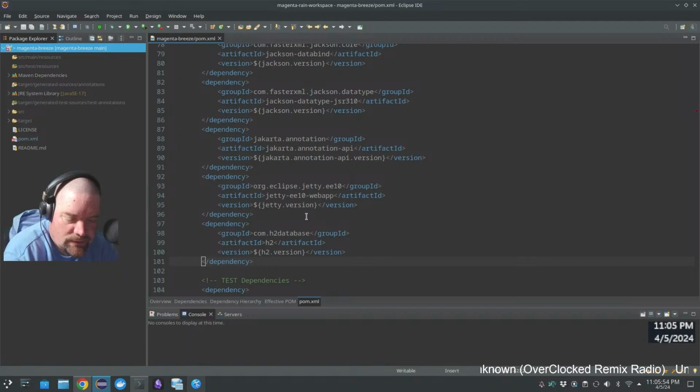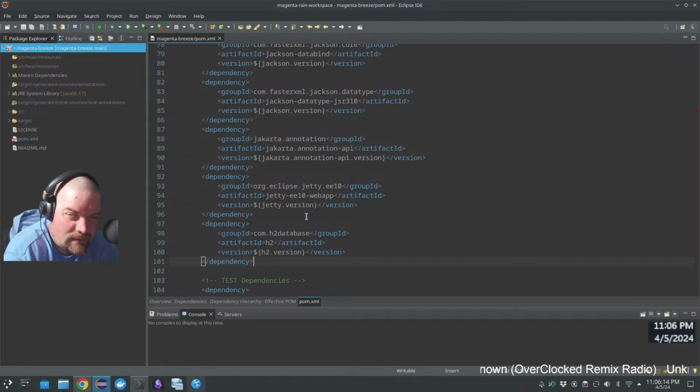That's a darn good point. I mean, that's the one advantage, is that I can test the logic separate from the actual package that spins it up. So, like the Magenta Breeze project could be